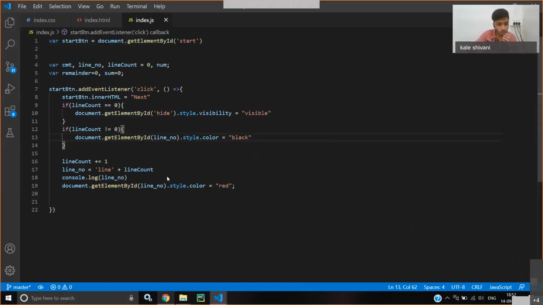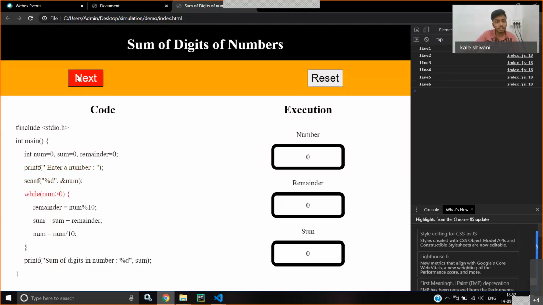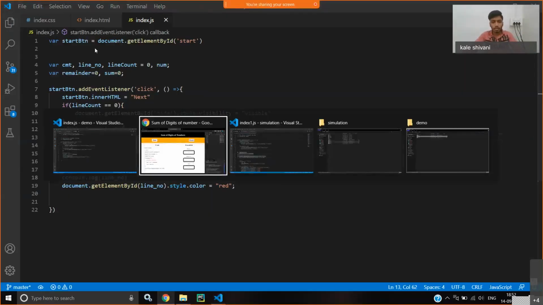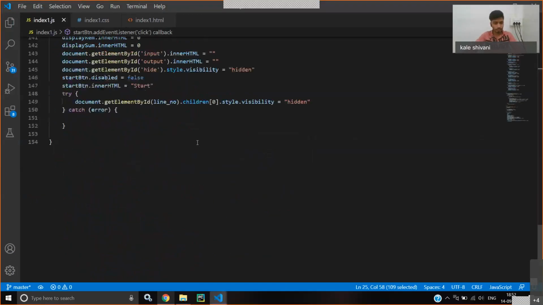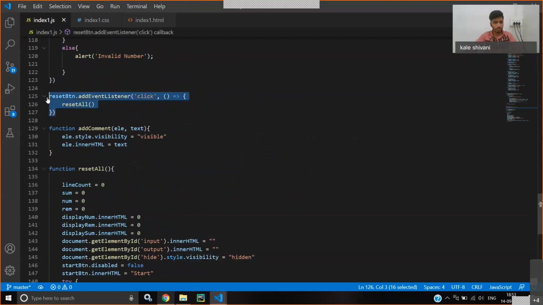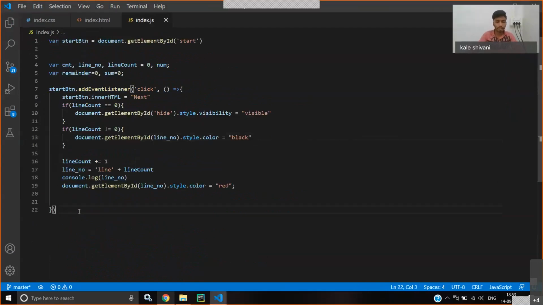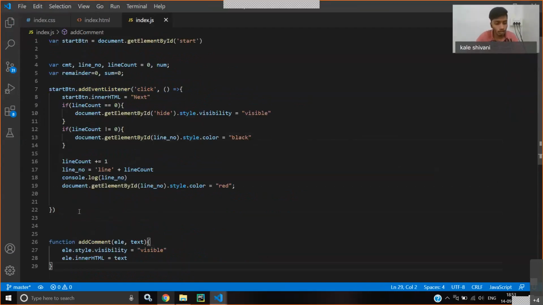Okay, so the next thing that we want to do is we need to add comments to each of the sections, right? Like here, we want to say that we are including a header file. Okay. So what we will do, I'll just go and copy a function. This one, yeah, this one. At the end of there, we will copy it. Okay. So what it says is, its name is add function. We are passing two elements, the element that we want to capture and the text that we want to set.